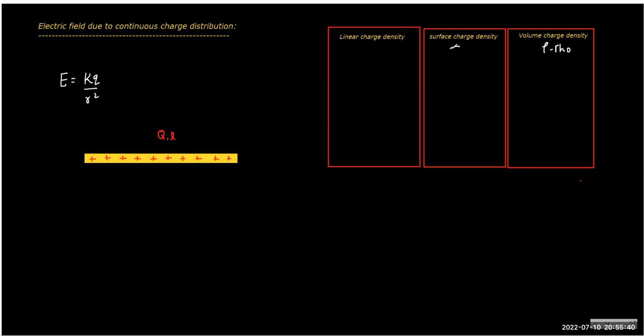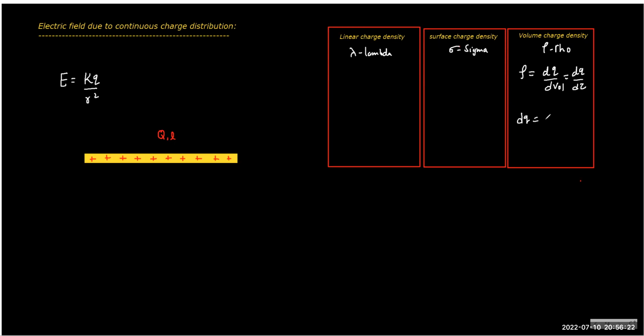This is called sigma, and we have done all this in center of mass also, and the lambda. So these are three ways to define the distribution of charge. When charge is distributed over a volume, we define rho, and we write it as dq by d volume. In many advanced books, the volume is written as tau.